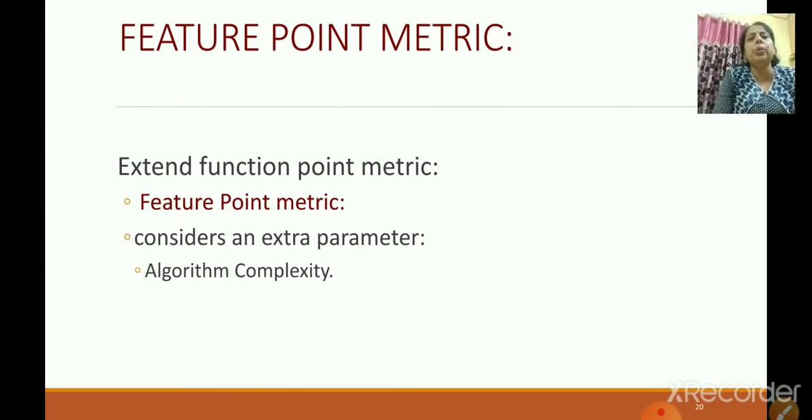Next, the feature point metric. It is an extension of the function point metric. In this case it considers an extra parameter known as algorithm complexity.